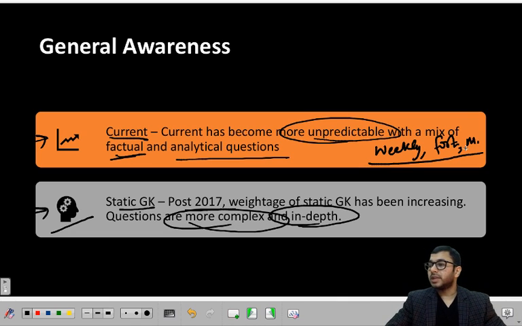Gaurav, you will have sufficient time for revision. Try to speed it up a little bit. Management, I have already given you the entire thing with a lot of practice questions as well. Try and cover that. You will have enough time. Don't worry about it. Just try and focus on coverage of the syllabus.